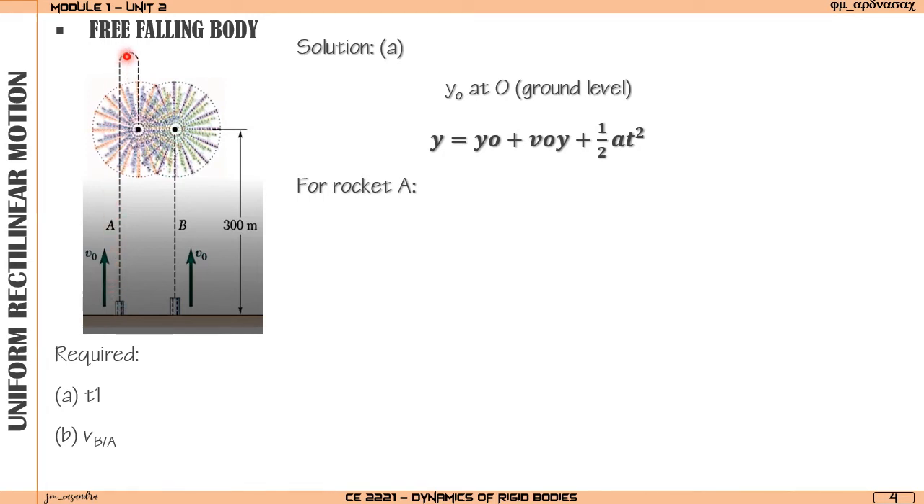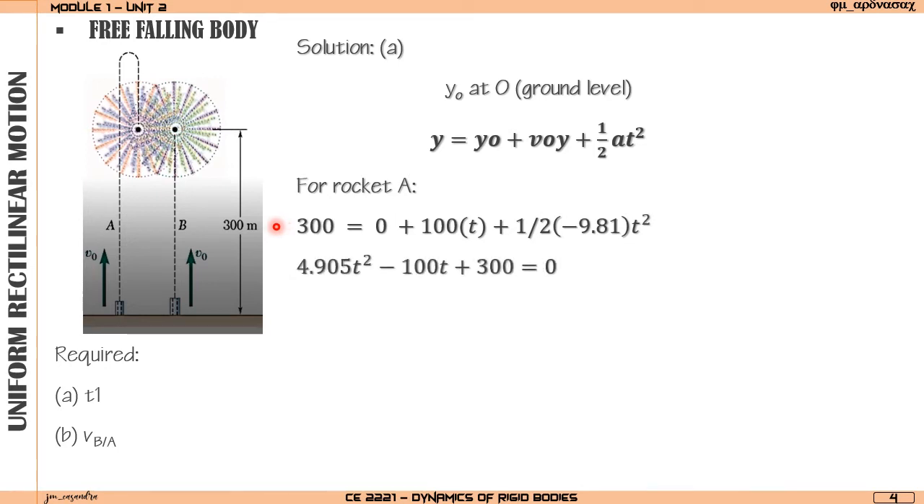Its final position upon explosion is 300. We are given its V0 at 100 meters per second and g is constant. So substituting those values, we'll have this equation. Then simplifying it, we'll arrive at a quadratic equation. By the quadratic formula, we'll be able to solve for the two values of time, which is 16.732 seconds